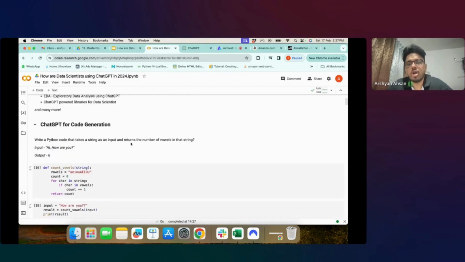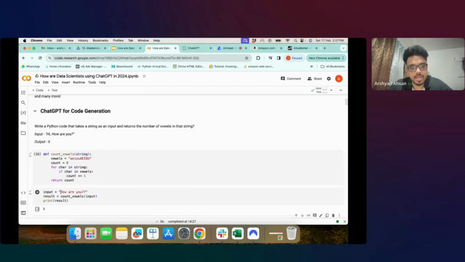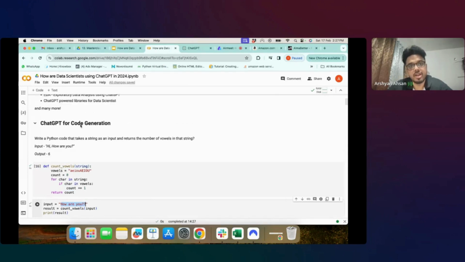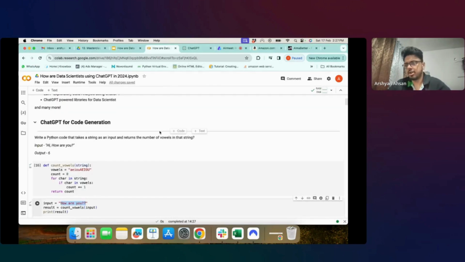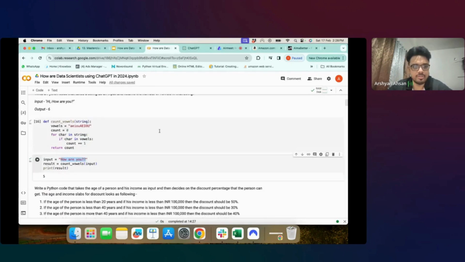So see this. Even though I had no idea about coding, I was able to write a Python code that takes a string as input, and that string can be any string, and returns the correct result. So till today, if you did not have any idea about coding, you will still be able to generate code and perform some operations on top of it. Now you must be wondering that this was a pretty simple use case: provide a string and give me the number of vowels. This is a very generic use case, and probably that's why ChatGPT was able to generate code so easily for that. But that's not the case. ChatGPT handles custom use cases also very effectively.